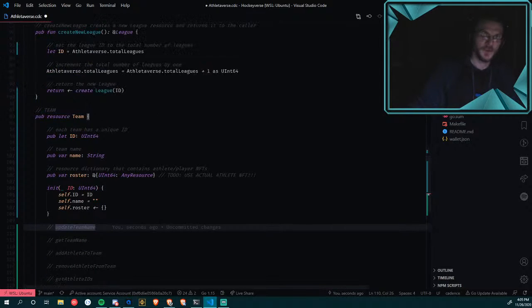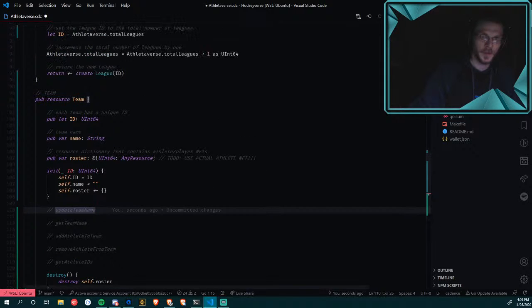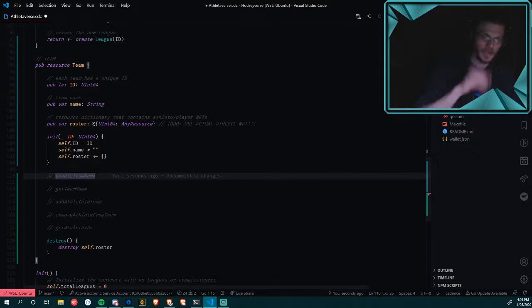And then we'll have, similar to League, we'll create a new team as part of the contract, not the actual team resource. And this will be something that anyone can do. So like if you've played Foot Battle before, you'll create a new team, and Foot Battle will generate a roster for you that you can start with and get playing for free. So this will be something similar.